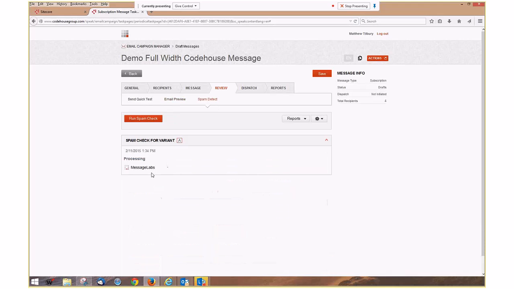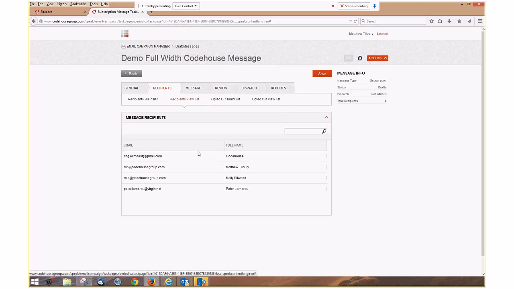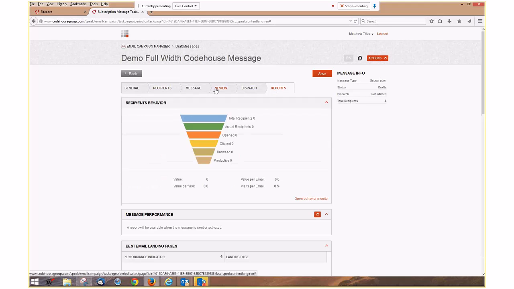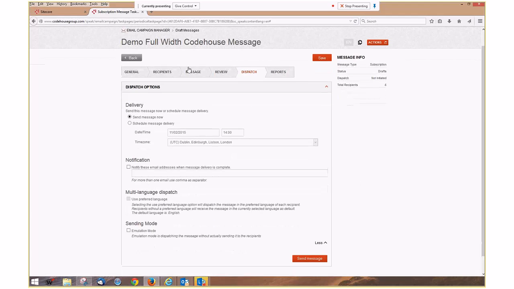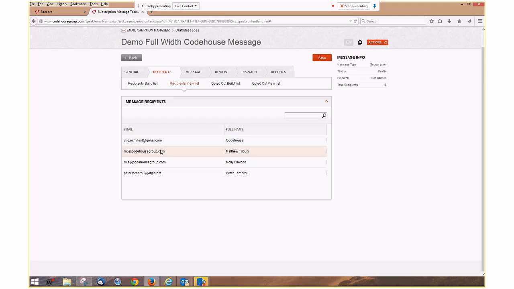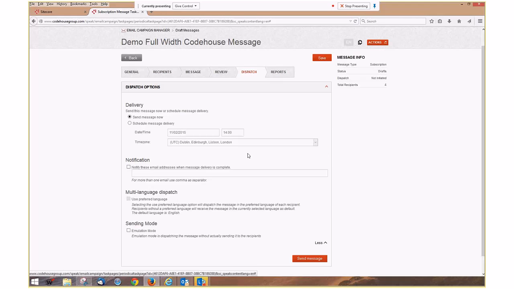And it's still going to Message Labs in the queue to get spam detected. But once we've done that, you can see my 4 recipients, so there's not much more to do. You generally wait for the results before sending it, but you could then just choose to, you know what, I'm going to send it now. So always double check that, okay, I'm not sending to anyone I shouldn't, and you can go away and say